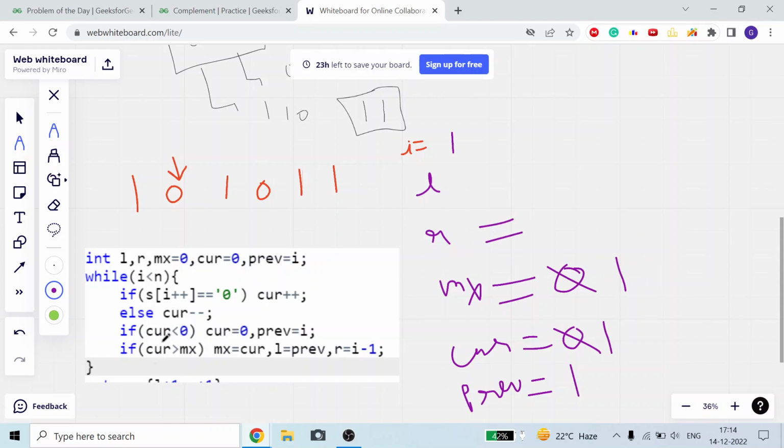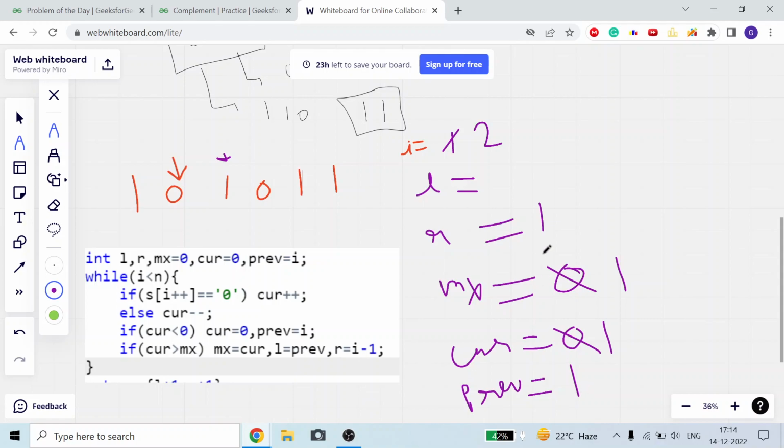Now R will become I, and you can see I already increased I plus 1, so I will become 2. So R is equal to I minus 1. Now why I minus 1, I will tell you. My I will shift there, but the range is still from till here. Okay, I will tell you this, don't worry, just look.